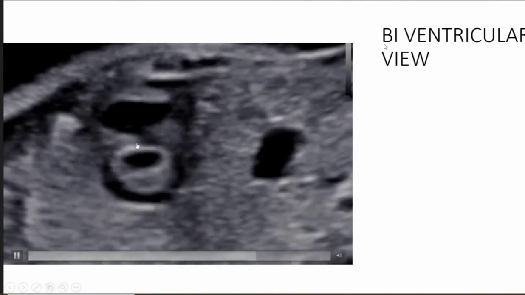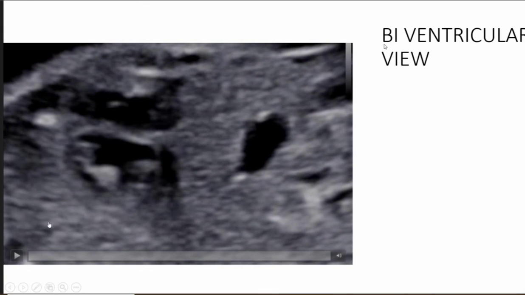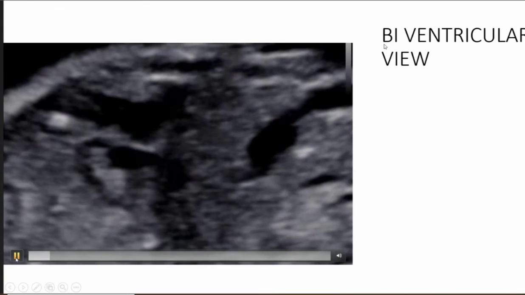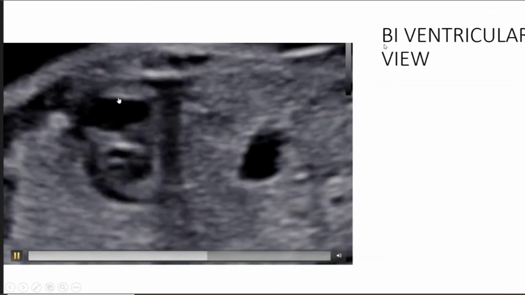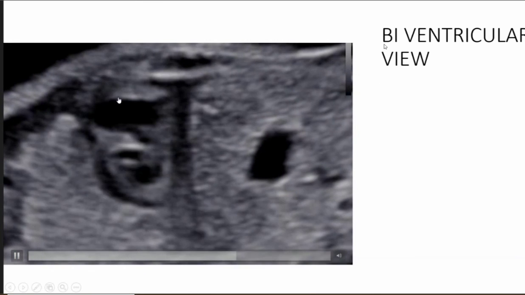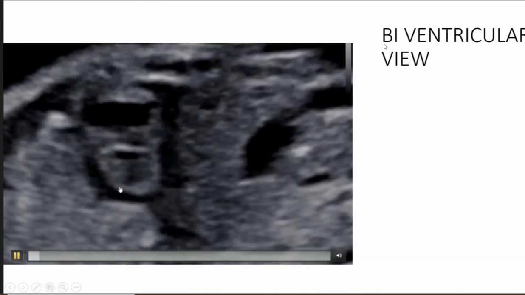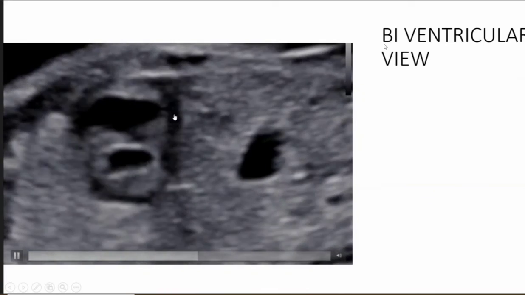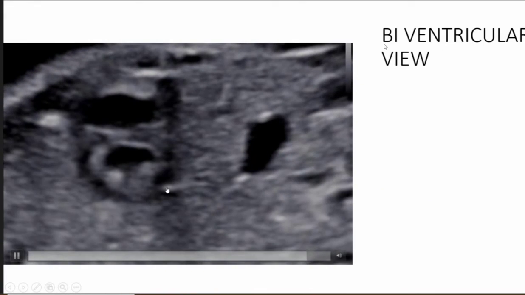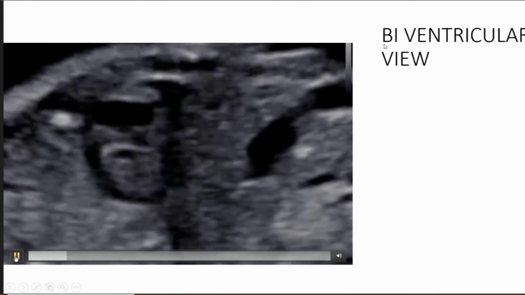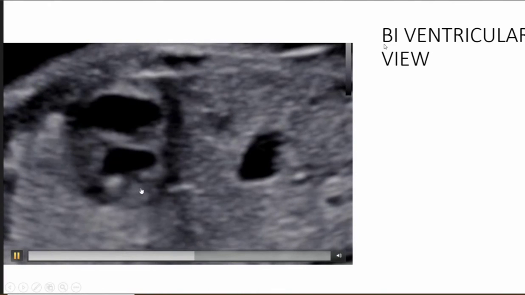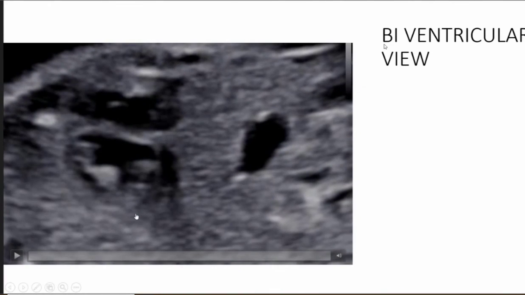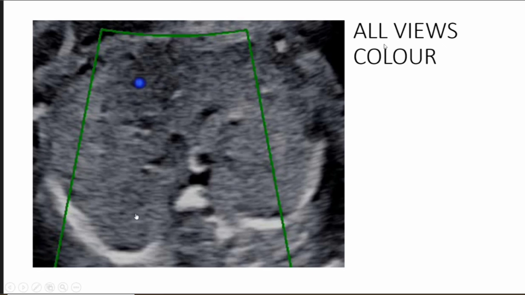This is another special view called biventricular view. This is the view which those who practice cardiac MR will be familiar with. Here we have a short axis of the right ventricle, short axis of the left ventricle, and you have the papillary muscles in cross section. So this is a beautiful view to show the contractility of right ventricle and left ventricle. So this is the short axis view. This is a special view and difficult to obtain, not in the routine views.